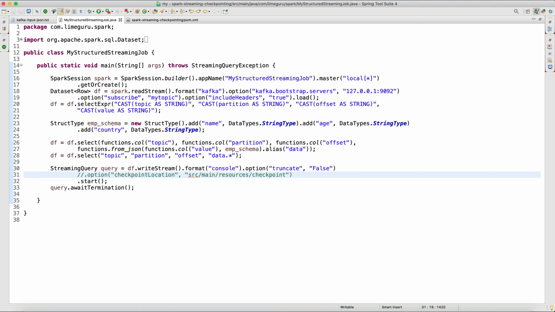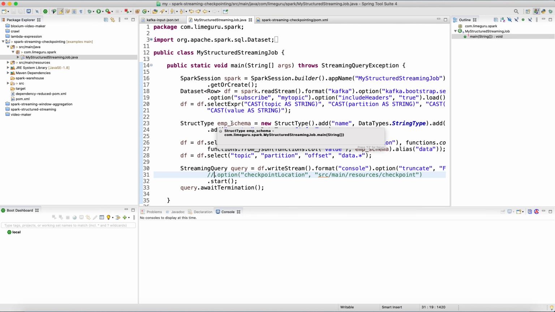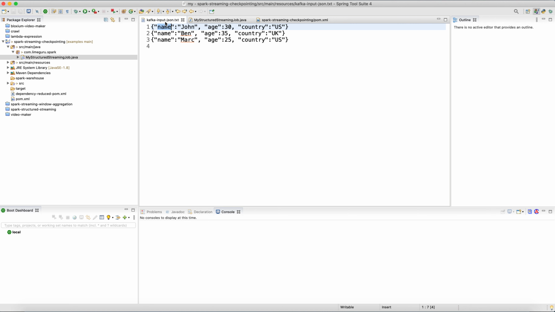We'll see with a practical demo also how this checkpointing feature works. Let me uncomment this code. Let me show you what the Spark behavior is if you don't implement fault tolerance, and I'll show you live how messages get lost if you don't enable checkpointing, and how checkpointing turns out to be a beneficial feature. We'll see both things.